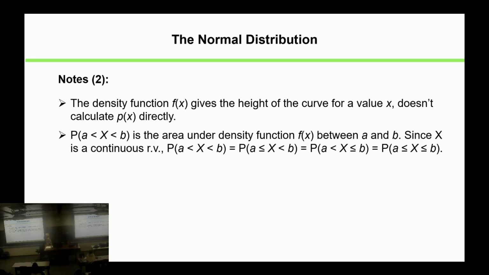Now, since x is continuous, just to emphasize, whether we say A is less than x or A is less than or equal to x is irrelevant. Whether we say x is less than b or x is less than or equal to b is irrelevant. So these are all equivalent expressions. We often mix them up. Sometimes we'll say, what's the probability x is less than 1.2, and sometimes we'll say what's the probability x is less than or equal to 1.2, and that's just to get you used to the idea that the less than or equal to doesn't matter in this case.